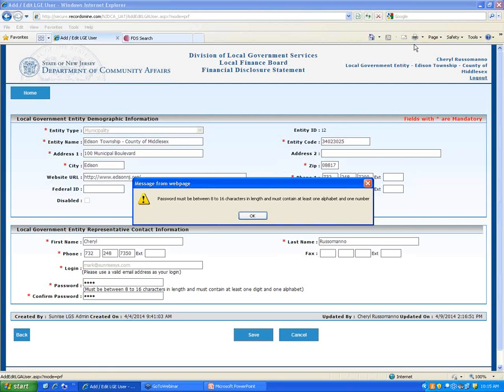Okay, so basically now we've come into this screen, and this is the LGO roster screen. I've been using Edison Township over the last several days as my test township, right? So we can see at the bottom here that I already have a roster built. The first time you come into this screen, there'll be nothing on this roster, and what you'll end up doing is clicking on Add LGO. We'll get to that in a few seconds, but I just want to show you a couple of things once your roster is built within this screen.